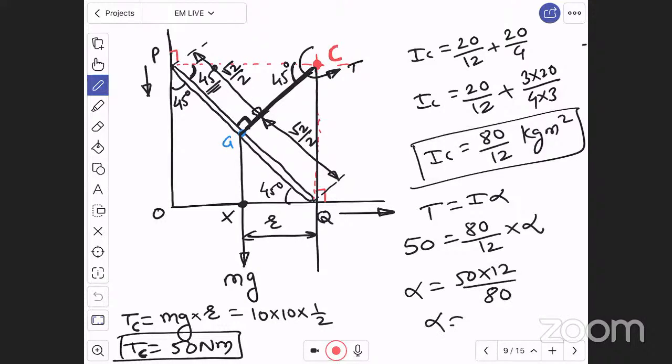Now whatever may be the answer for alpha, comment me, let me know. कमेंट करके बता दो बच्चों। अगर किसी को नहीं आता है तो चलो मैं ही बता देता हूं। I think the answer will be 7.5 rad per second square. अल्फा इज 7.5 rad per second square. तो आपका आंसर होगा 7.5 rad per second square, राइट।